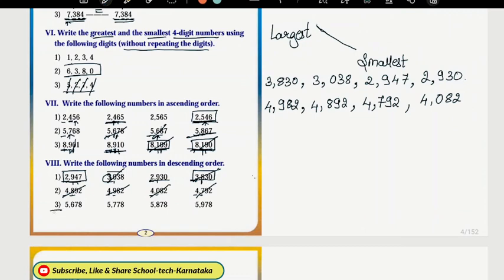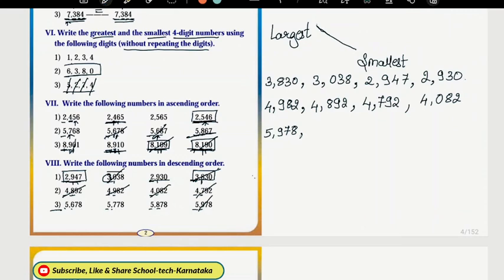Similarly for the last one, 5678, 5778, 5878, and 5978. We need to find the greatest number first. At thousands we have 5, 5, 5, 5. Since they are same, move to hundreds. At hundreds we have 6, 7, 8, 9. The greatest is 9, so we write this number first,